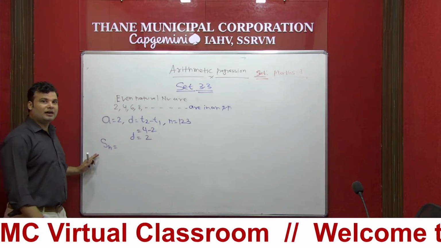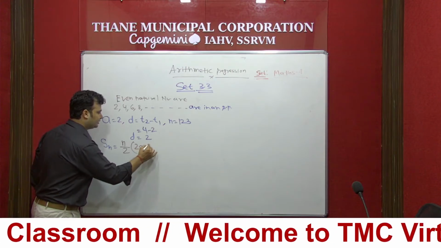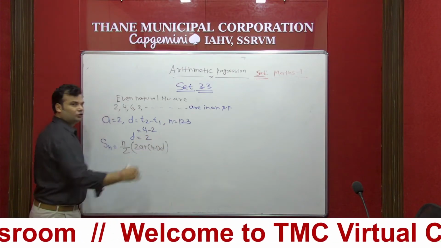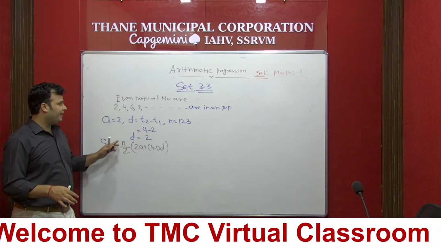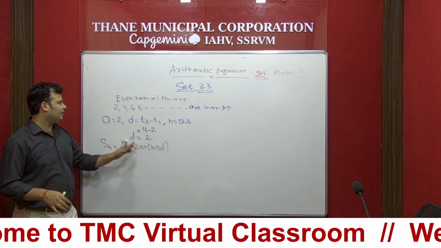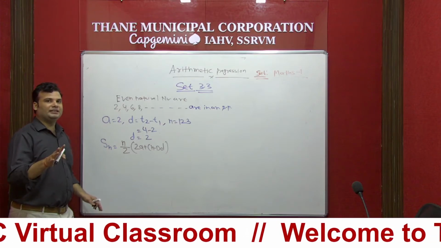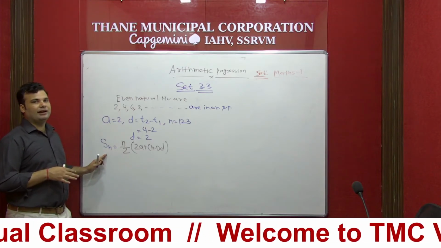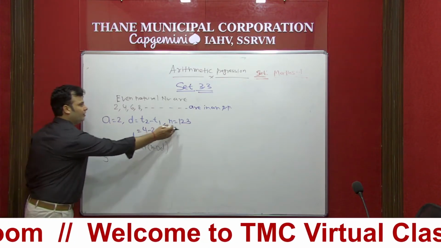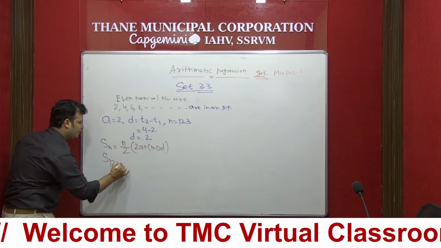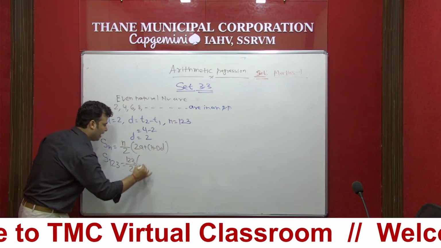And what is the first formula? Sn equal to n upon 2 bracket 2a plus n minus 1 d. Now students, you can see there are 4 quantities. Sn we have to find. n is given 123, a is given 2, d is given 2. So out of 4 quantities, 3 are given, and at that time we have to find the value of Sn. So in place of n we can put 123. So S123 equal to, in place of n again 123 upon 2 bracket 2a.